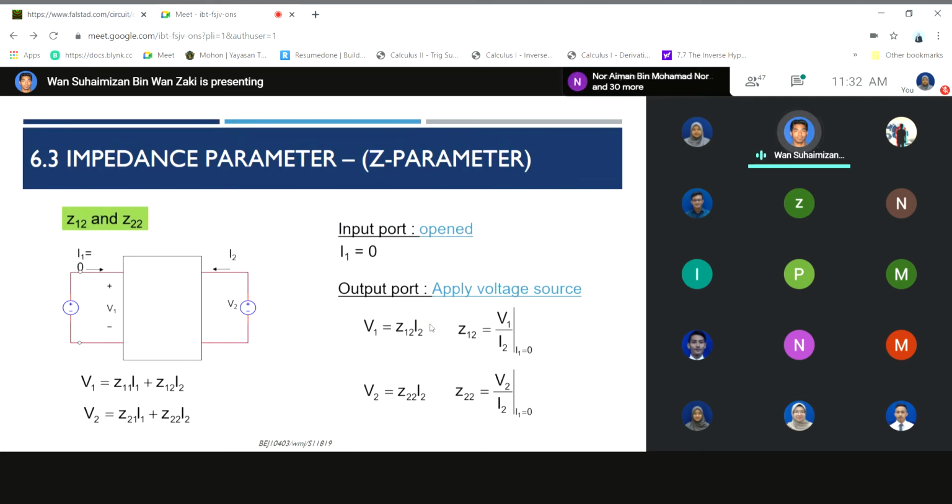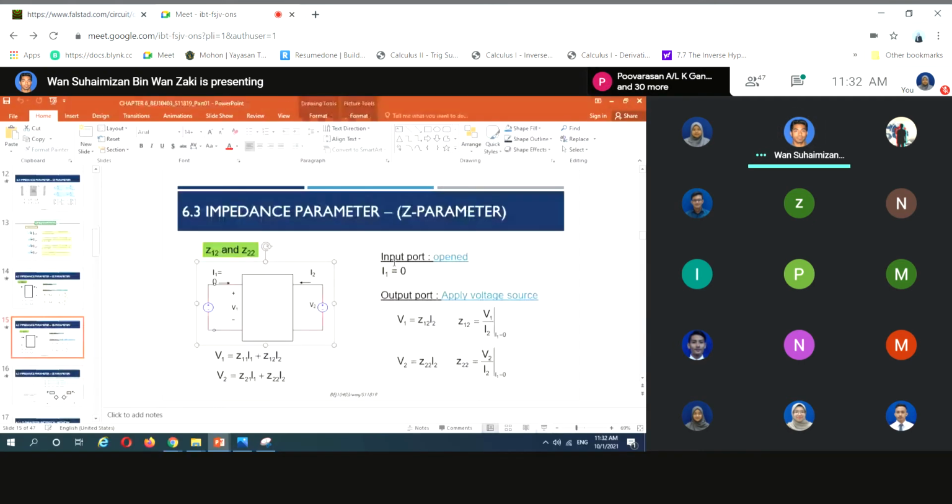So basically next you need to do the second test. The second test means that you set the input port to I1 equals to 0. After that you apply the voltage source to the circuit. So in this figure, suppose this one is open, right? So I need to change here, means that